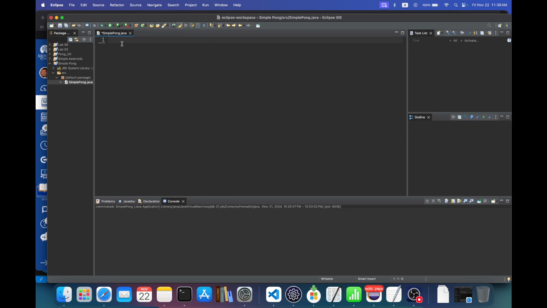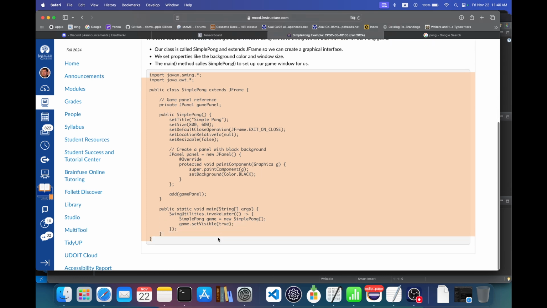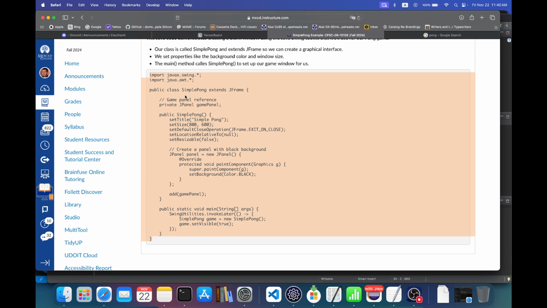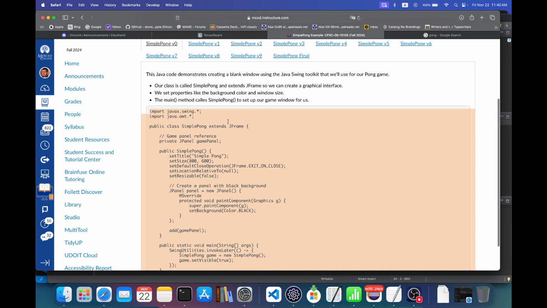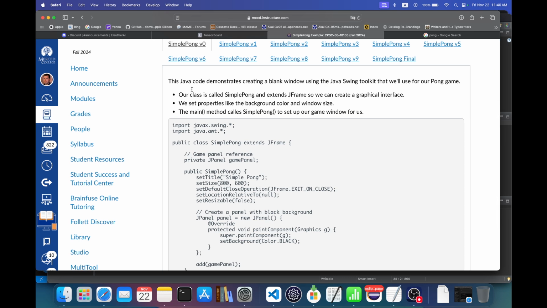You can just delete what's in there though. So let's go over here, copy this, and put it back in here. Now, these descriptions above the code are going to explain what I did in each version because we're doing this step by step. This first version of the code demonstrates creating a blank window using the Java Swing